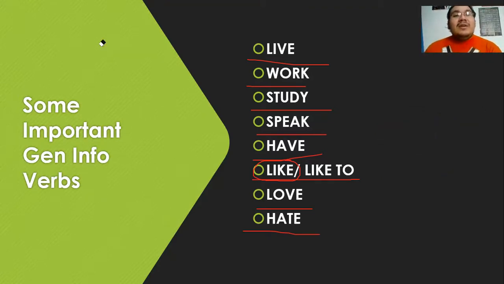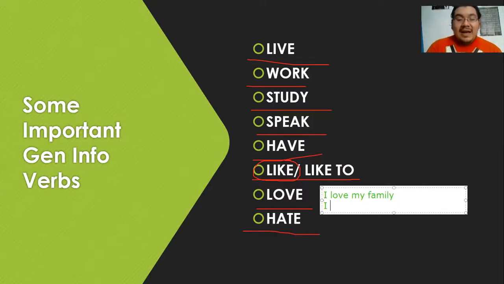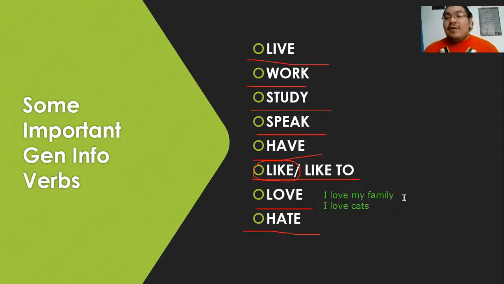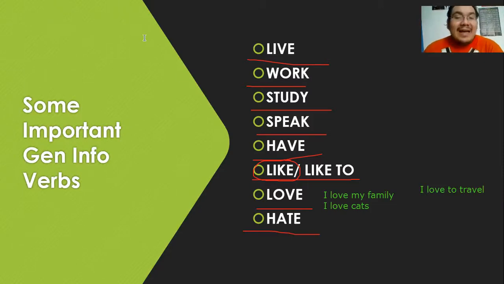Love, por supuesto, tiene un uso similar a like. Love se utiliza para amar, pero se puede utilizar como por ejemplo I love my family, que es con un objeto. I love my family. I love cats, me gustan, amo a los gatos. Y también pueden decir I love to travel, me encanta viajar. I love to travel significaría amo viajar, pero entonces como estamos utilizando dos verbos, se conectan con la preposición to. Memorícense eso. Es la misma aplicación que para like y like to.